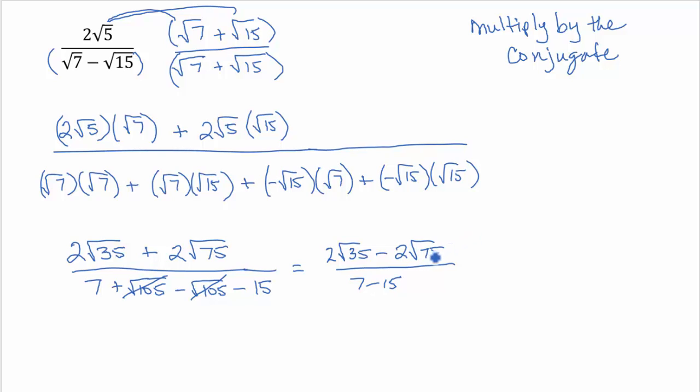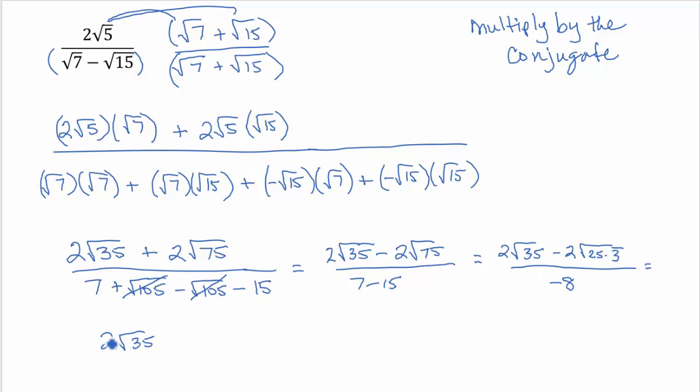The square root of 75 I can simplify. I can't simplify the square root of 35 because that's just 7 times 5. But 75 has a 5 squared in there I can take out. I could say that's 25 times 3. That was sloppy. And 7 minus 15 is negative 8. Okay, the square root of 25 I can take out, that's a 5. So that's going to give me